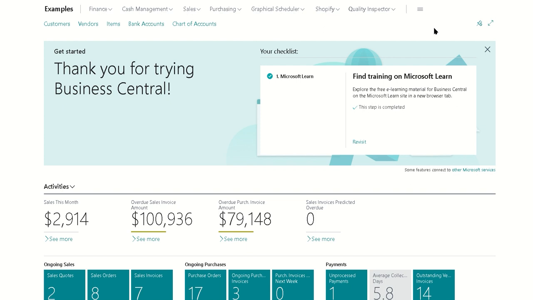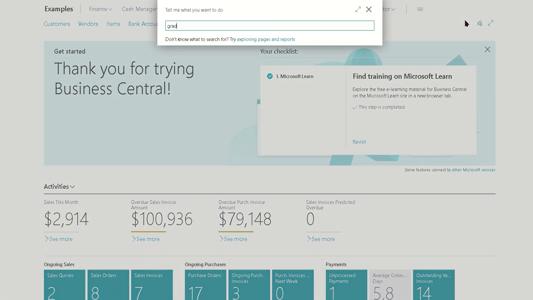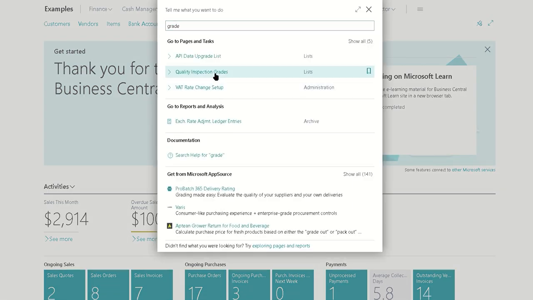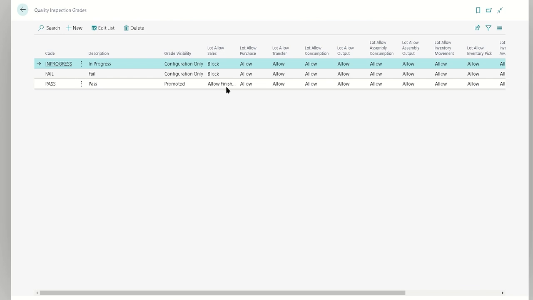All right. So in this example, we're going to work through a different way of restricting the use of a lot when a test hasn't passed. So to do that, we're going to use grades. So we're going to navigate to quality inspection grades. And in our example, what we're going to do is walk through receiving a lot. We are going to have a test created for it automatically, and we're going to prevent that from being sold